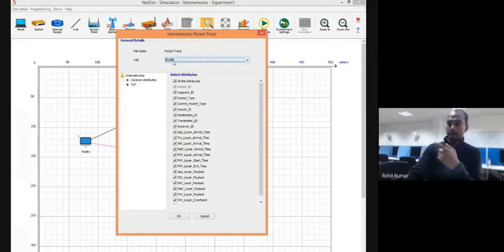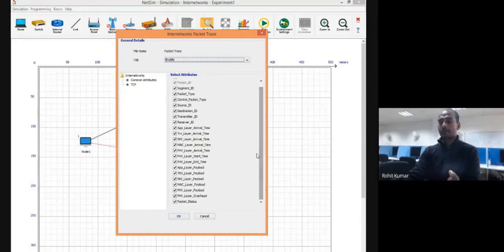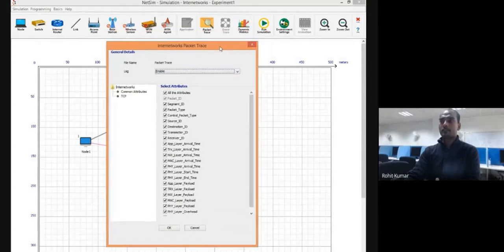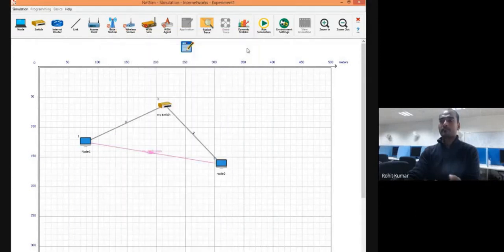Then why did it not show after the run simulation? Though the option was enabled, it was saying that packet trace is not enabled for this particular simulation. Why is it so? Because the default enable option was already there, but it will not function until you open it and click OK. Remember this important property. Every network environment behaves in a particular way. NetSim behaves in a particular way. Doesn't matter whether a particular option has a default value. Unless you open it and click OK, it will not consider it as enabled.